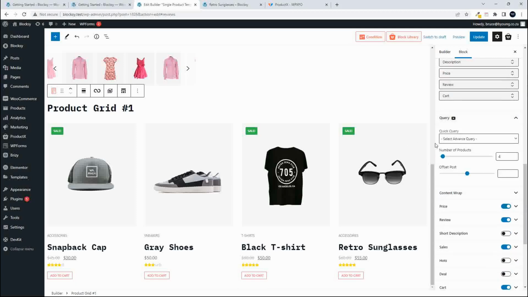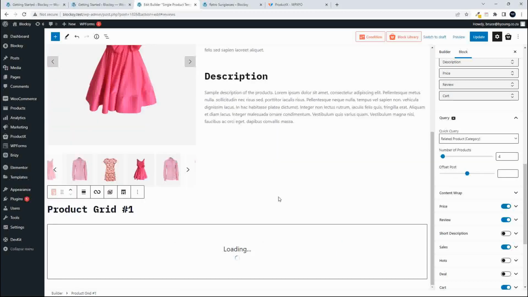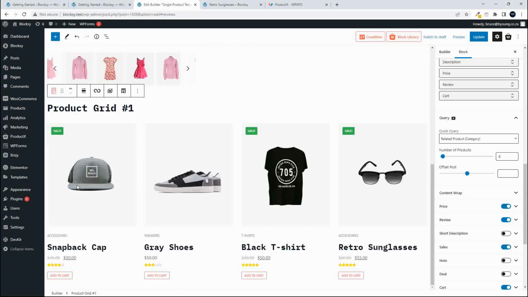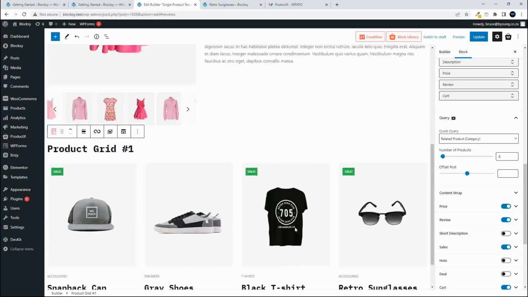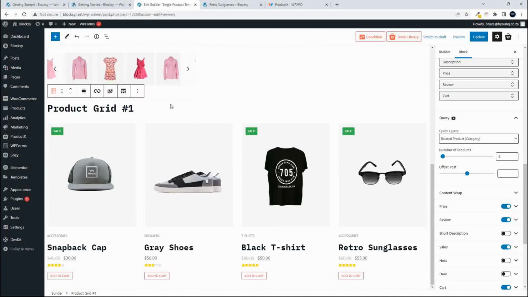So I'll go back to the query, and you'll see here we have this quick query, select advanced query, and I want to do the related products by product category, and only the products related by product category will show. So there we have the product grid, and let's change that to related products, and now